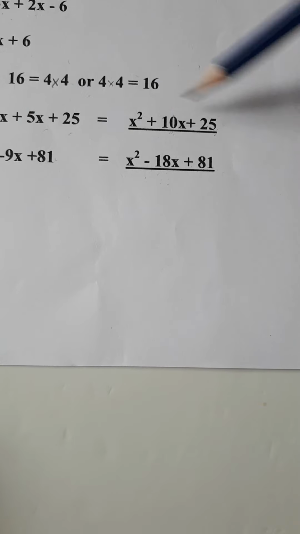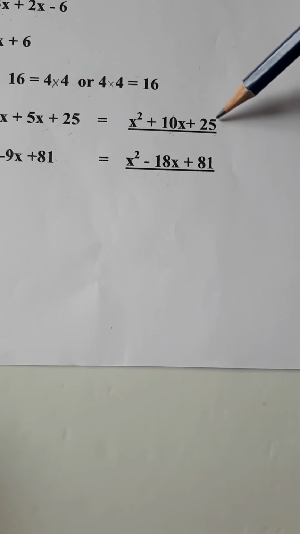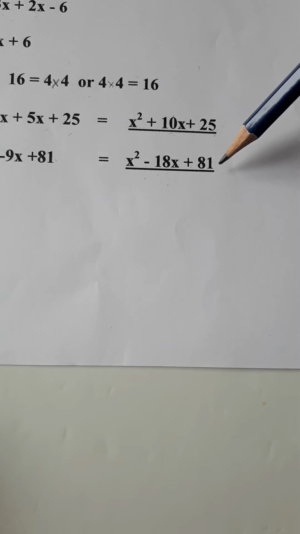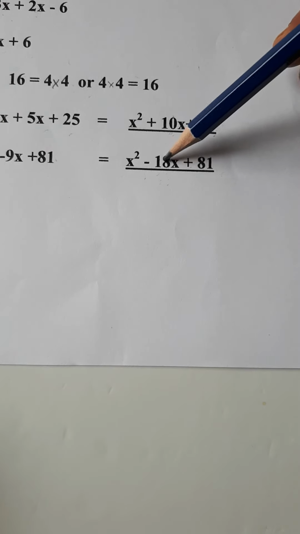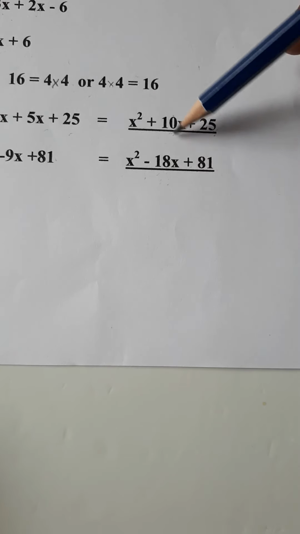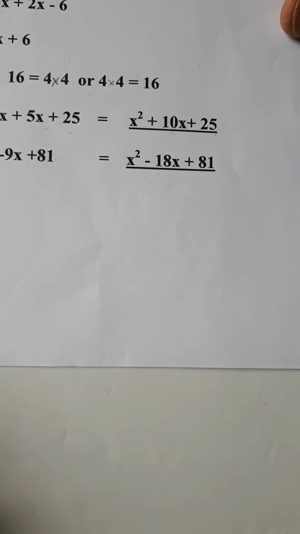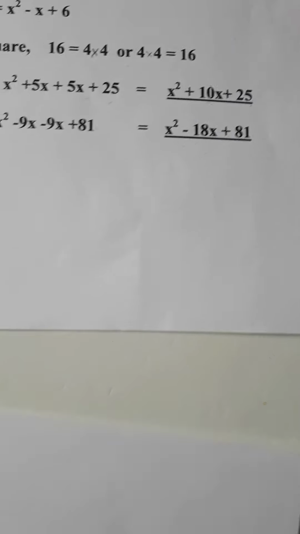What do you notice about perfect squares? The last term 25, if you get the square root of 25, that is 5, 5 times 2 is 10. Square root of 81 is 9, 9 times 2 is 18. So you can easily identify a perfect square by checking that result. By keeping that in mind, let's go to